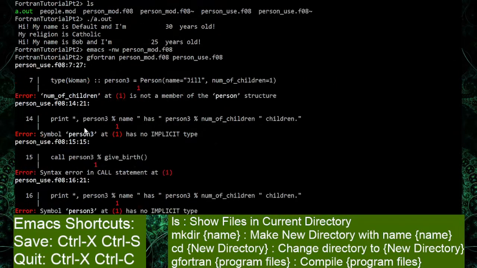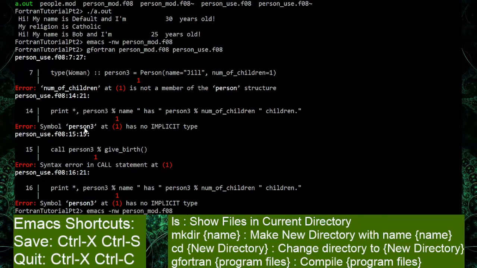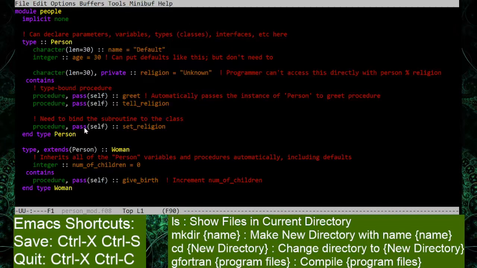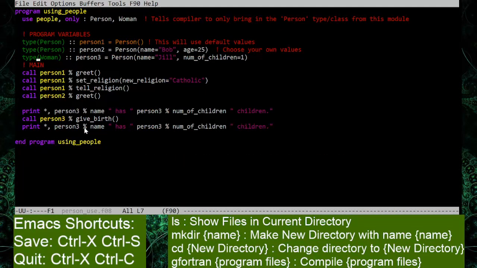We recompile. And, yes, I did have an error. So I used the person initializer instead of the woman initializer. So let that be a lesson to yourselves: when you're making a type, you want to use the right type initializer. And when we fix that,